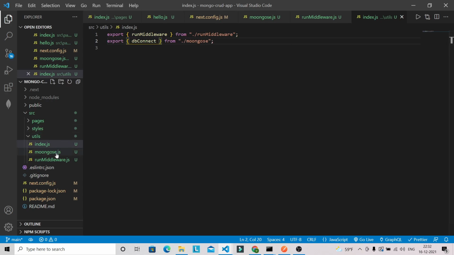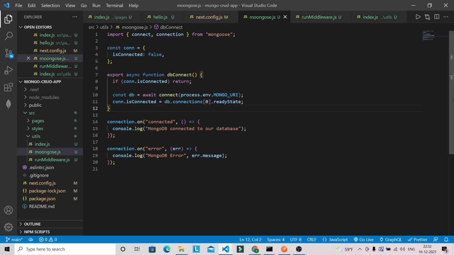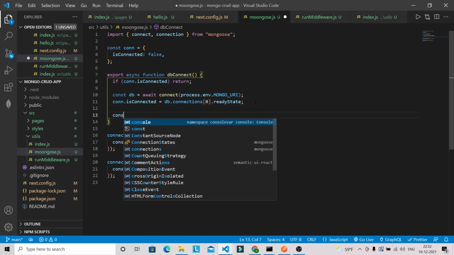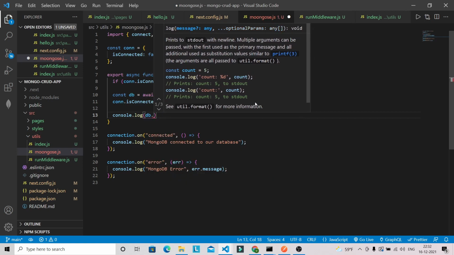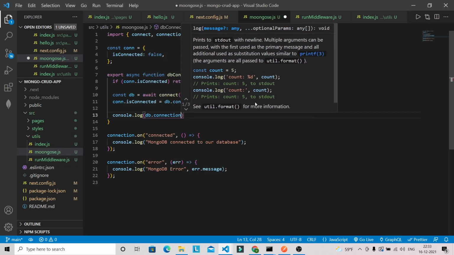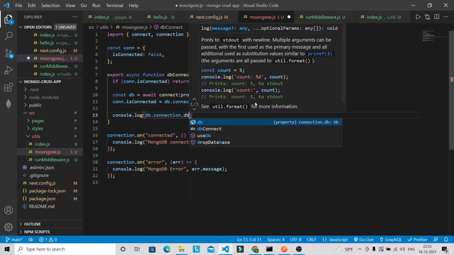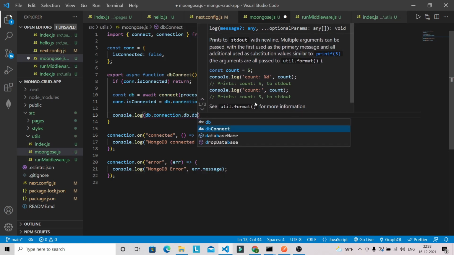So we are done with the basic setup for establishing a connection with the MongoDB, and we can verify whether we have successfully established a connection with MongoDB or not. So we can put here some console log, and we can check here like db.connection.db.databaseName.